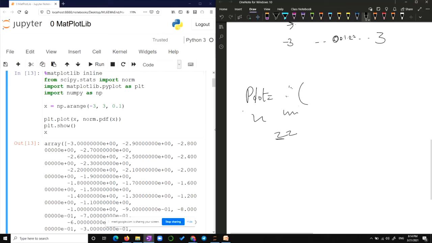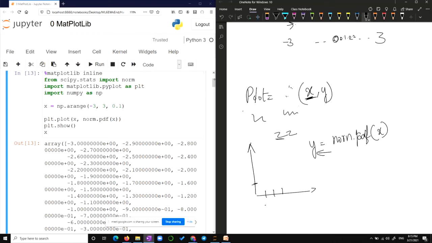Your plot actually requires you to give it x comma y. We are saying I already have x because I have created it. I have arranged x already. Y I need to be y is equal to norm dot pdf of your x. So give me new y values in such a way that, after you arrange it, for every x we put here, there is a corresponding y that gets generated. After plotting it, it will look like a normal distribution. That's all we have done here.